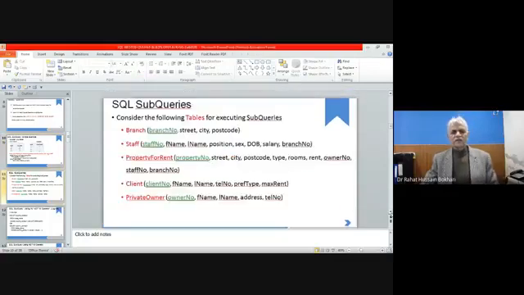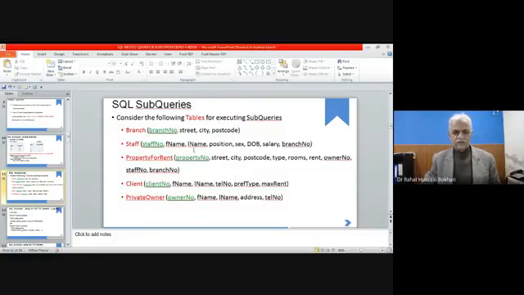Now for other operators we are likely to discuss: in, any, all, some, except. Just consider these tables. These tables are from your recommended book, Database Systems, and we have the branch table, staff, property for rent, client, and private owner.